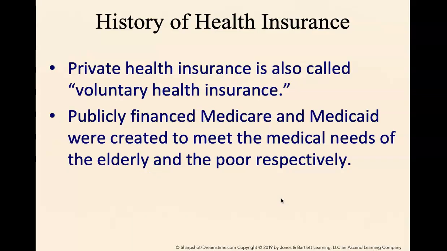So let's learn a little bit about the history of health insurance. Private health insurance is also known as voluntary health insurance, meaning you have to voluntarily ask for it. Now, until 2018, health insurance was actually not voluntary. It was mandated. Up to some point, there are some exceptions through the Affordable Care Act. We will learn more about this when we talk about health policy, but health insurance is back to being voluntary, meaning if you don't want to have health insurance, you don't have to get it. Whereas with Obamacare, you were required to with the individual mandate.